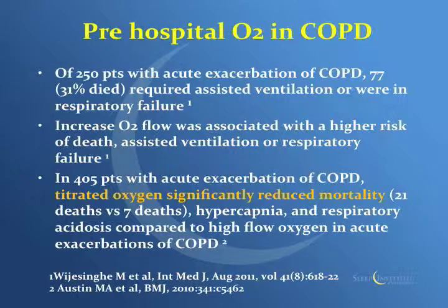Hypercapnia was better. Respiratory acidosis was better compared to those high flow oxygens that is often given. So there's probably going to be more on this if you don't already know. But I just remember that when I was a resident, it was not uncommon that I would be called to a code and the patient was put on oxygen, 2 liters, 3 liters, 4 liters, something like that. And they were talking and then all of a sudden they just sort of went like this and